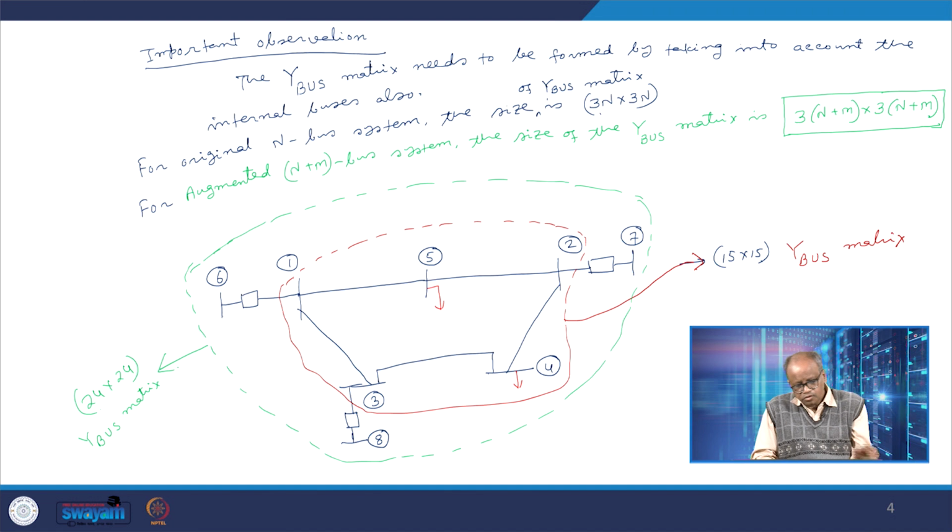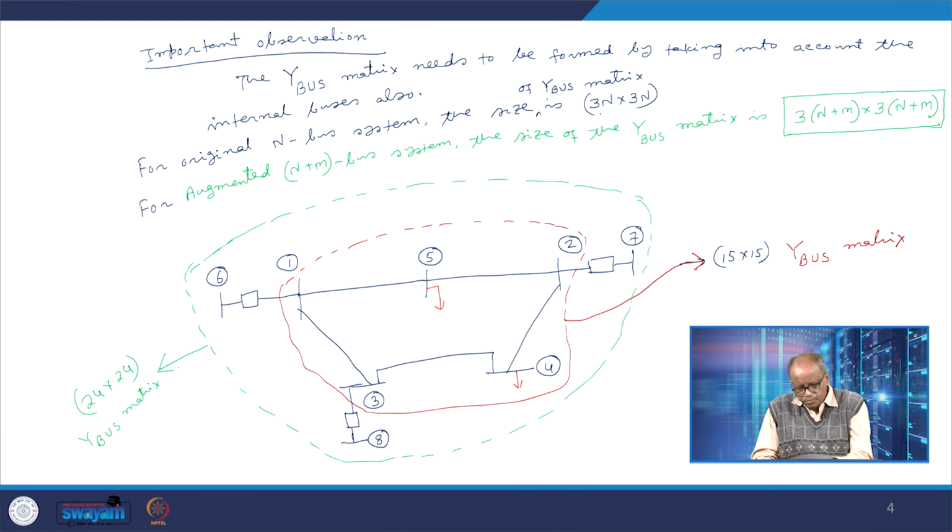So for each and every bus, if there is any load connected, the injected current at that particular bus would be nothing but the negative of the load power. And even if there is no load connected at a particular bus, the injected power at that bus is 0. So effectively, for each and every original bus, I know the injected real and reactive